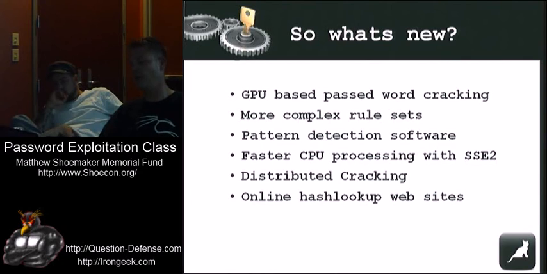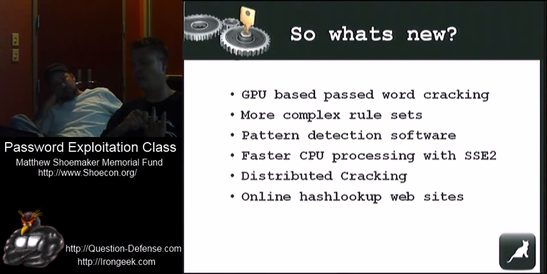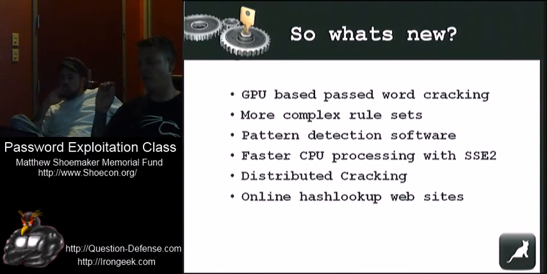Also, most new password crackers, John recently got SSE2 code, so it's a little bit faster than it was, but for the most part, password crackers on the CPUs don't use SSE2. I'm pretty sure that Inside Pros does, Hashcat obviously does, John does now. I'm not aware of too many others, but I'm sure there's some, and like I said, I've been known to be wrong. But I have a graph I'll show you in just a minute where even against password crackers with SSE2 code, Hashcat is significantly faster just on the CPU.